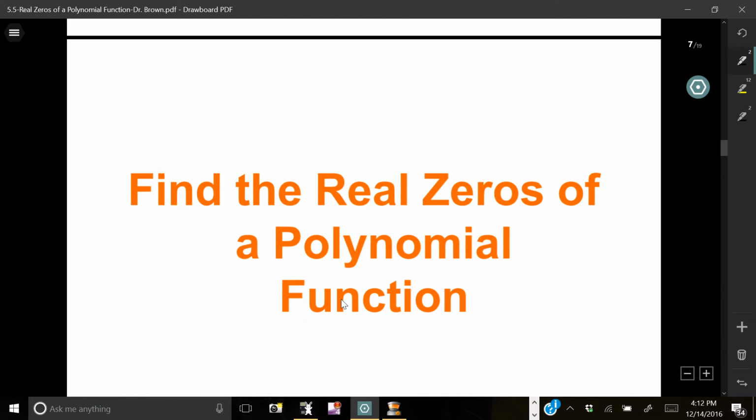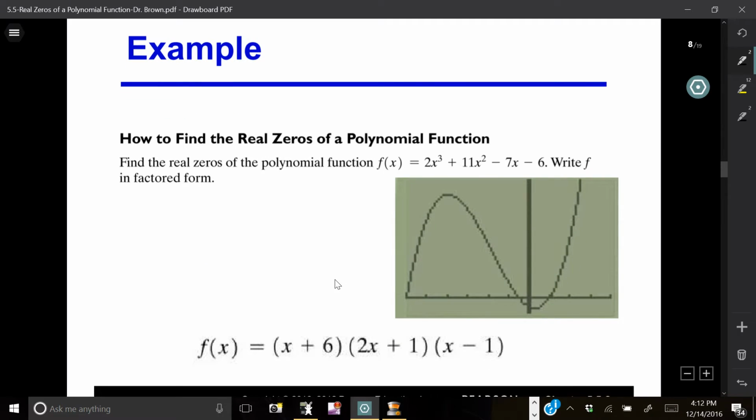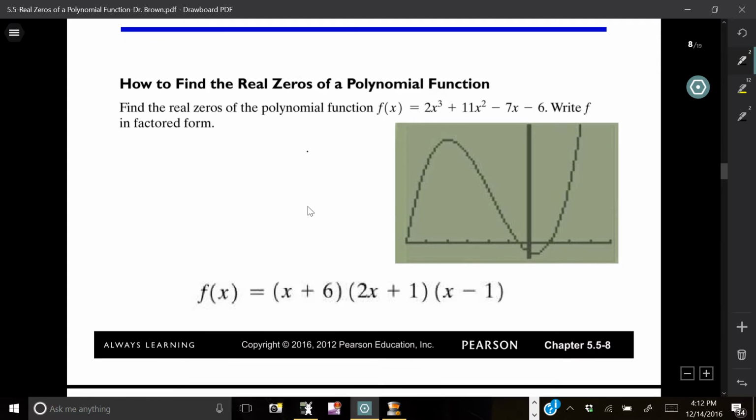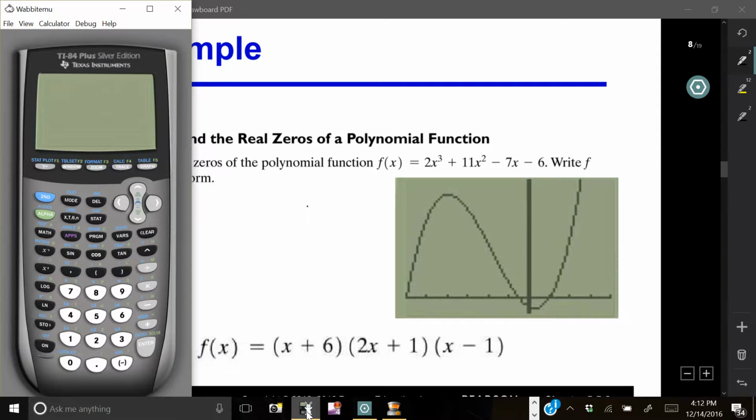So now, find the real zeros of a polynomial function. Here's an example of how to find the real zeros of a polynomial. What I want you to do is find the zeros and then write the function in factored form. So here is the graph of the polynomial, and I'm going to go ahead and bring up the graph with